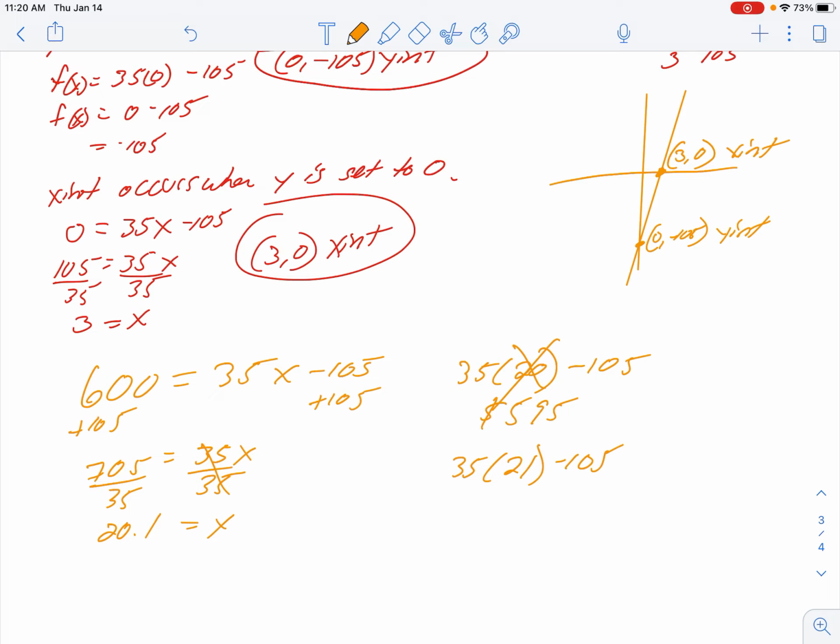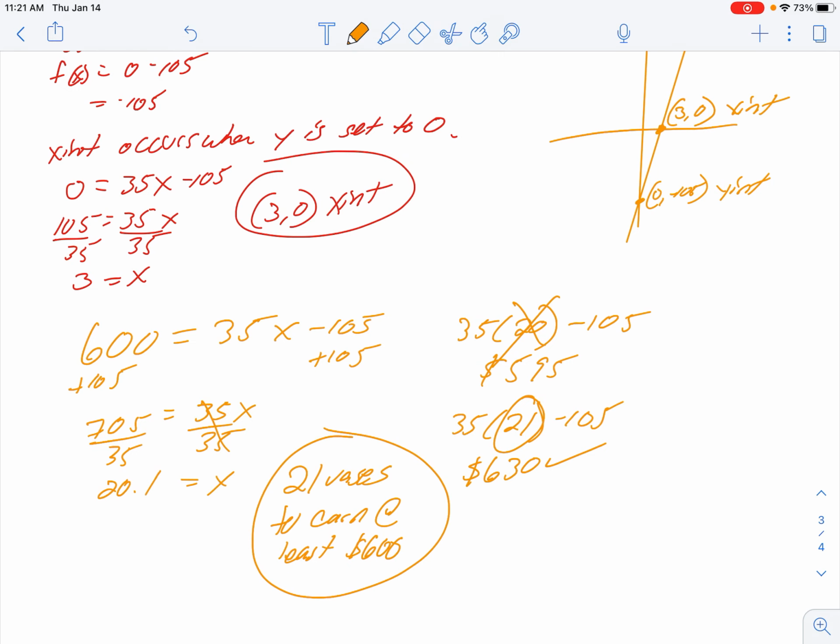Minus those 3 that keep breaking, now I'm at 630, which we want. So 21 vases to earn at least $600. Okay? All right, that's where I will